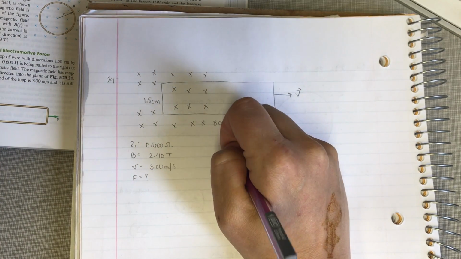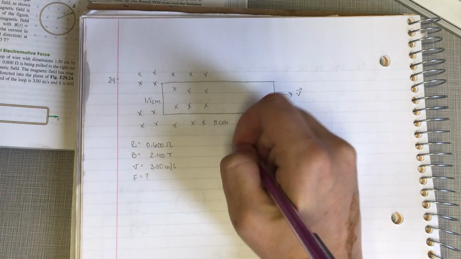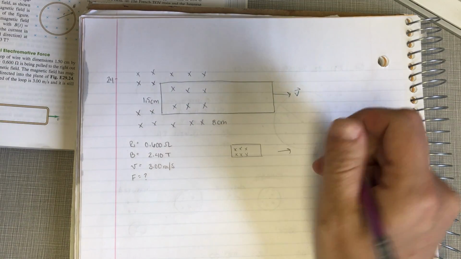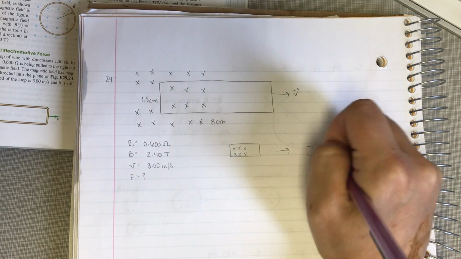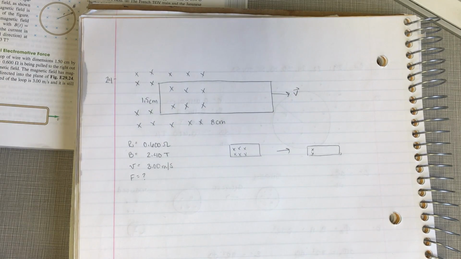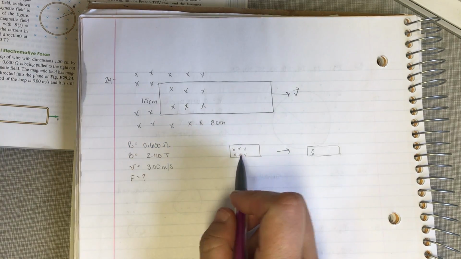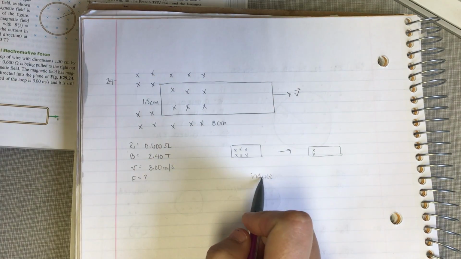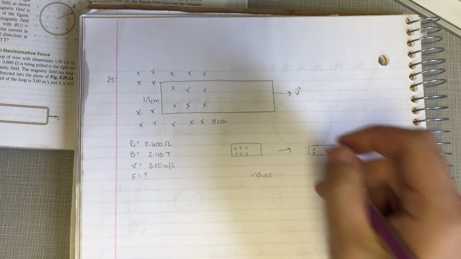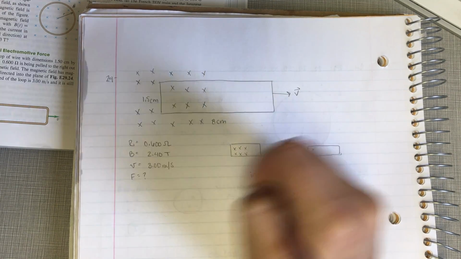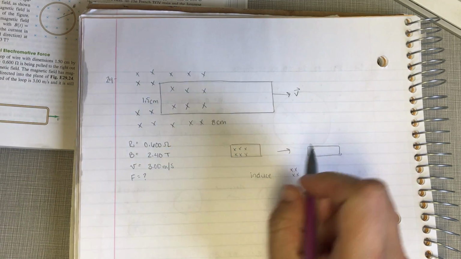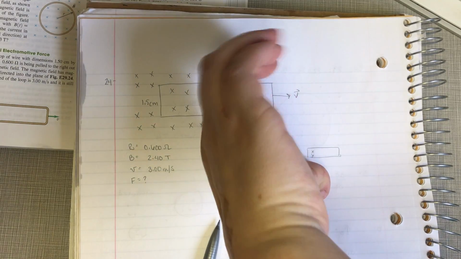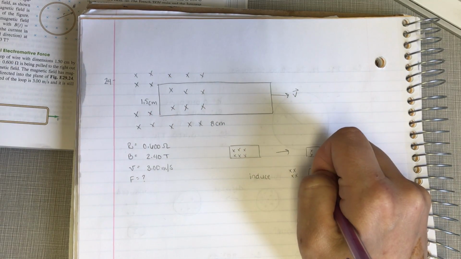So if we start with a loop and we pull it out of the field a little bit, our flux is going to decrease. In order to keep everything happy, we are going to induce a field to get back to the original, so that this plus this is what we started with. If we're inducing a field into the page, our current is going that way,